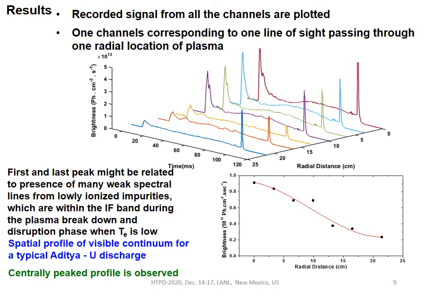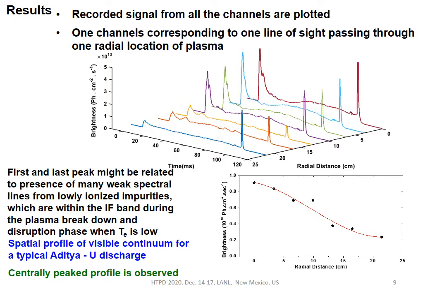This is the time for which the data has been recorded, and this is the brightness. Here the first peak and the last peak are related to the many weak spectral lines from low ionized impurities, or many times when recombination takes place there may be some other molecular band emission which is normally present